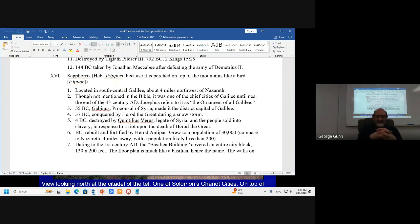It grew to a population of 30,000 then. And compared to Nazareth, 4 miles away, with a population probably less than 200. So it gives you an idea of the insignificance of Nazareth. Can any good thing come out of Nazareth? It was said. Okay, and with its being situated so close to this beautiful, huge, ornate city,